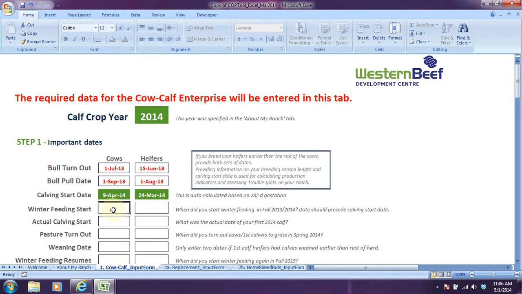Winter feeding start date. Now recall from the information that's November 1st and we want to put 2013. So it needs to be the winter feeding start date preceding the calf crop of 2014. So it's going to be whenever you started feeding in after grass is done being grazed. When did you start feeding in the fall before the 2014 calves are born? I'm just going to enter it in this one cell. I'm not putting it here as well because by this time the cows and heifers are being treated as one